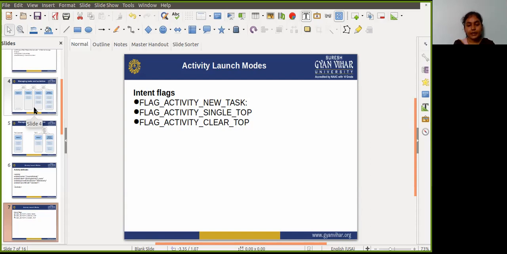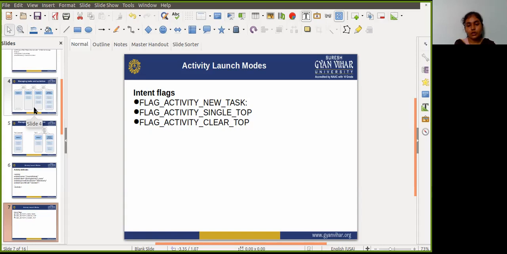Next one is FLAG_ACTIVITY_CLEAR_TOP. If an instance of the activity to be launched already exists in the back stack, it destroys any other activities on top of it and just routes the intent to that existing instance.